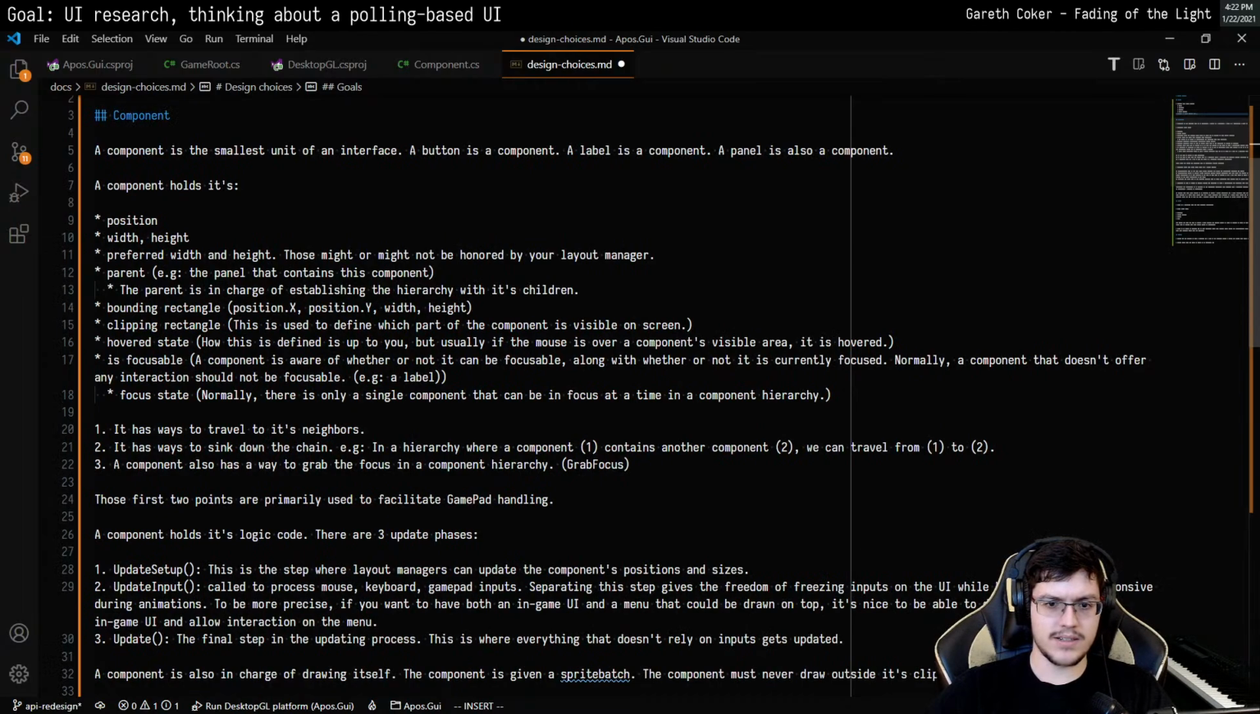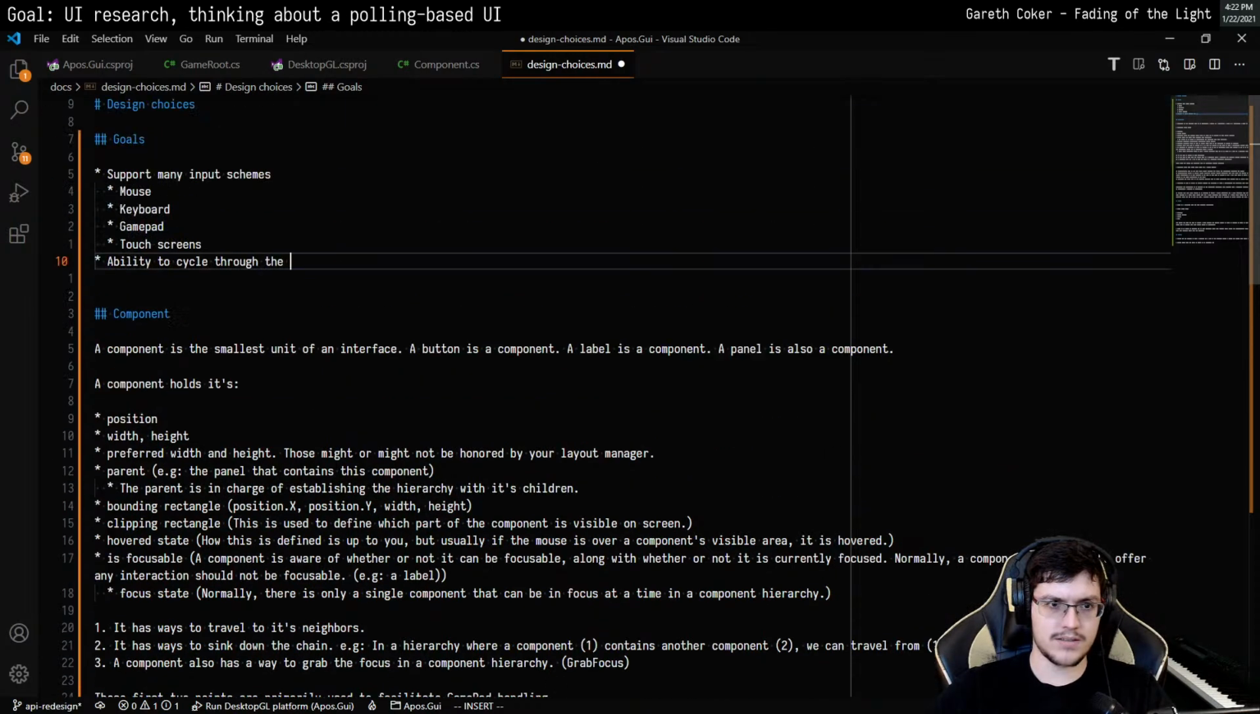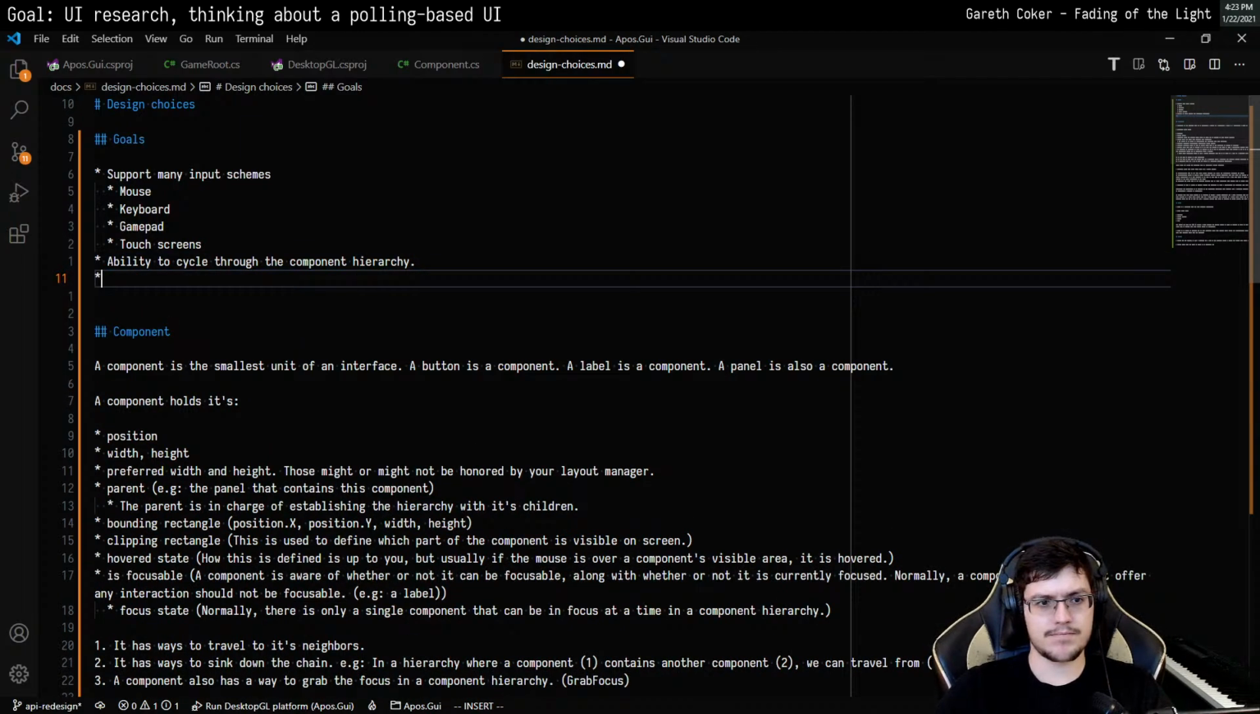How did I write this in a... It's a cycle through the component hierarchy. The problem is that it's not... Oh, I wrote it right. I'm so good. It's not always clear, right? Component hierarchy. To use